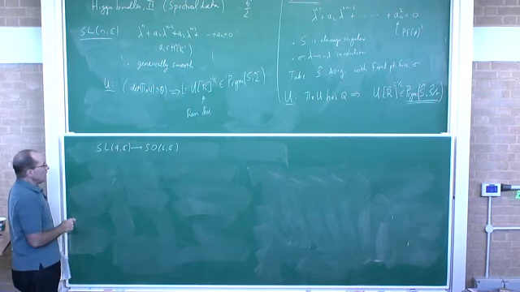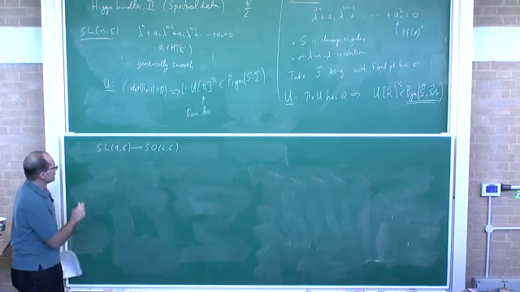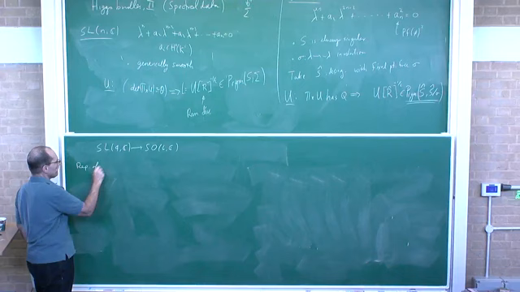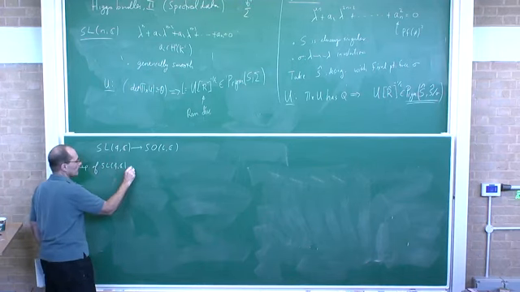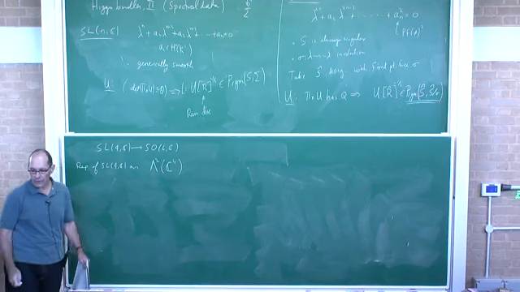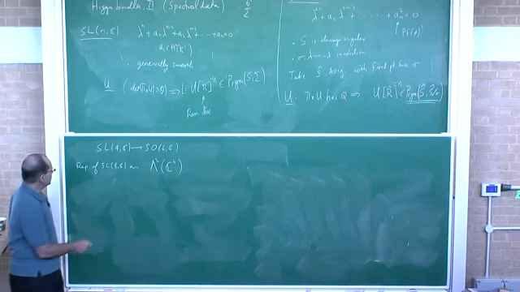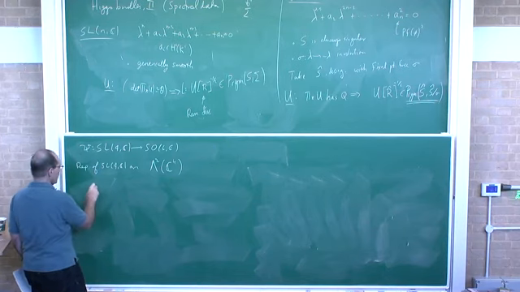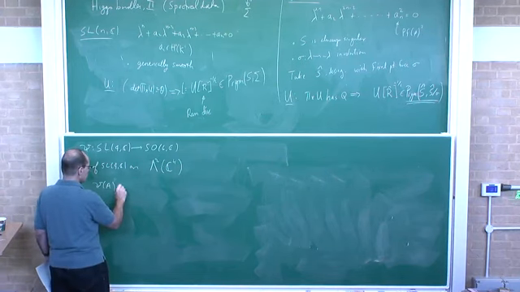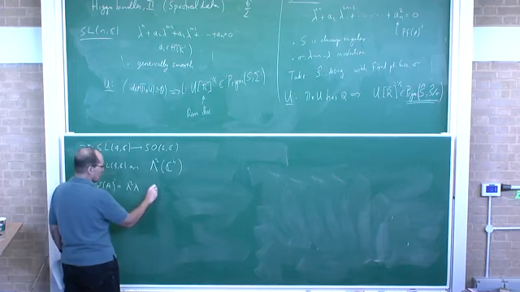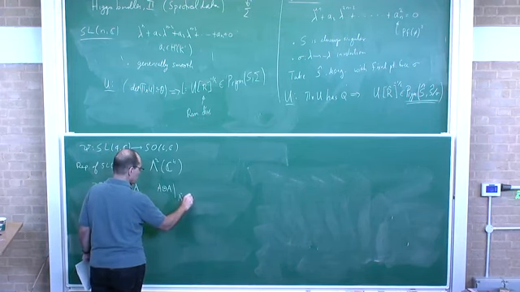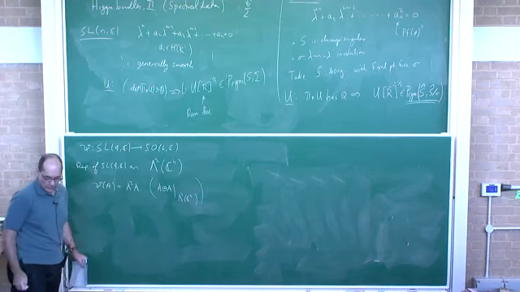One nice way is this: the six-dimensional representation of SL4 on the six-dimensional space that you get by taking wedge 2 of C4. I call that psi. If I give you a matrix in SL4, its image in this is wedge 2 of the matrix, by which I mean the tensor product restricted to wedge 2. So that's